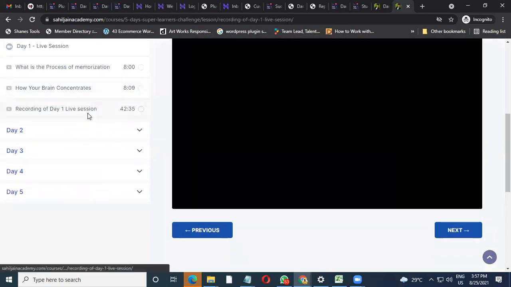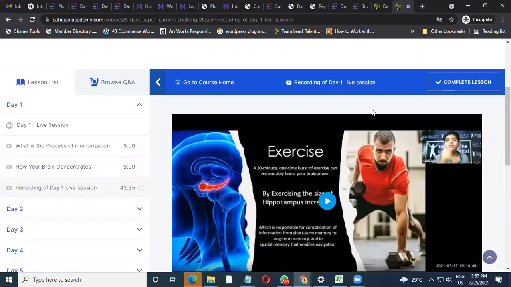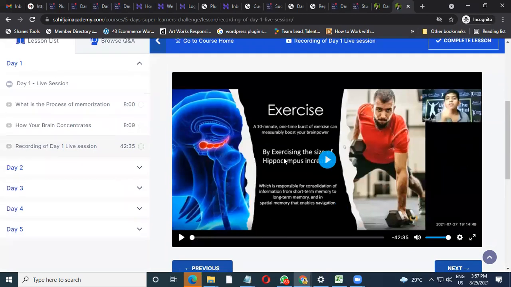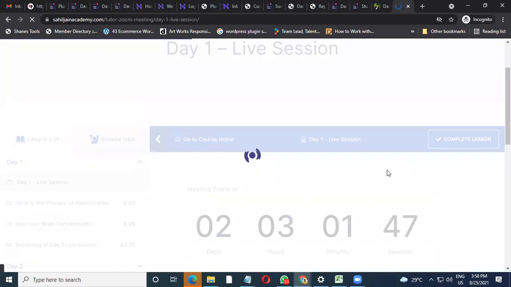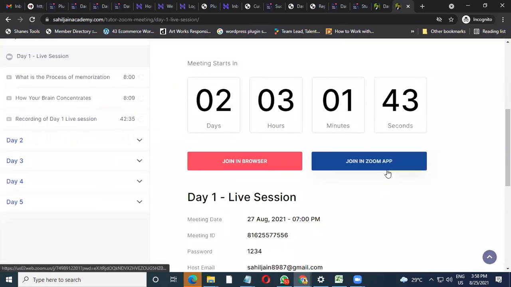Similarly, the third day also, they will be able to click over here, but they won't see the course coming up. They'll be able to see the timer and all. And then only on that particular day and time, this course opens up. So that can be done for a recorded course or something like this, wherein you are doing a live session. You can always open those things when that day and time comes up. Till that time, they won't have any access. So this has a lot of things beyond what we are thinking also. Only thing is, as per your strategy, as per your need of the hour, we can use it.